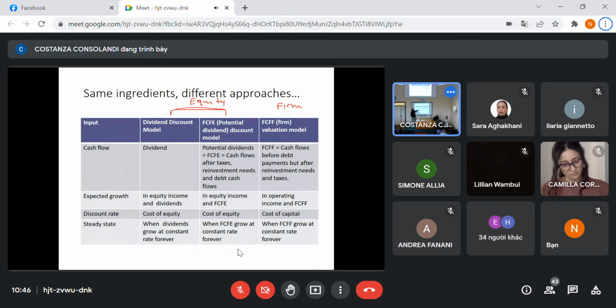Equity income and dividends. So we need to calculate and attach the expected growth in equity income, so in net income and dividends. In equity income and free cash flow to equity for the FC equity valuation. And for the free cash flow to the firm, this is less immediate, probably. Which is the growth rate we need to calculate? So which kind of earnings we need to attach a growth rate in high growth or in stable growth to